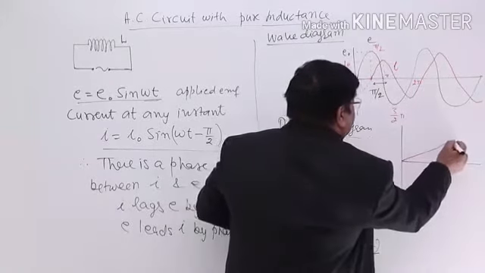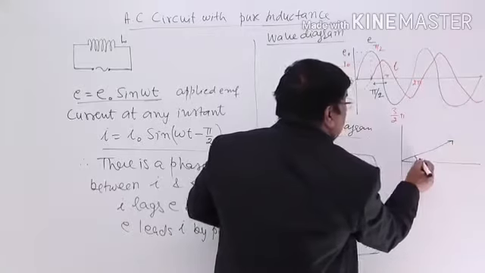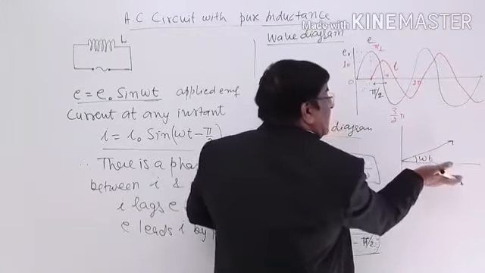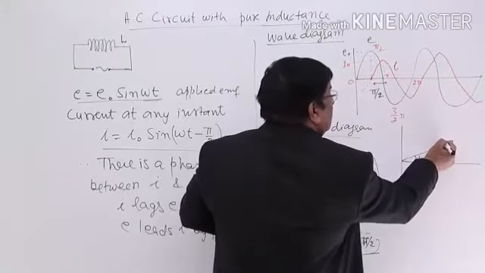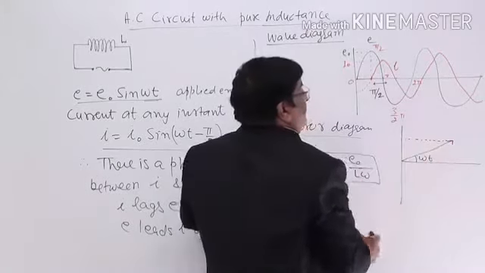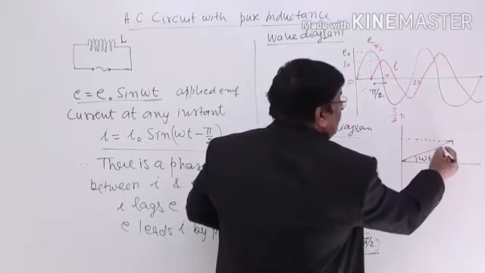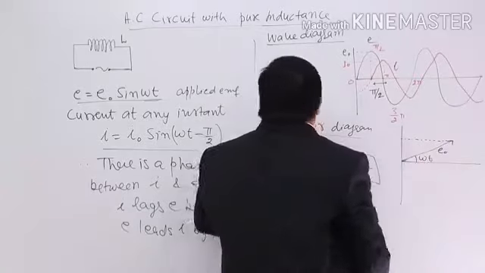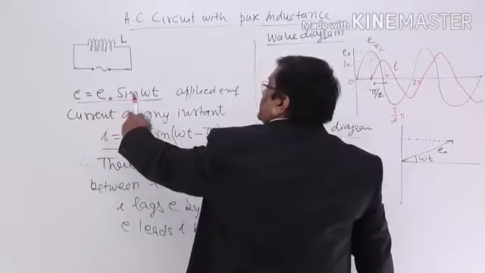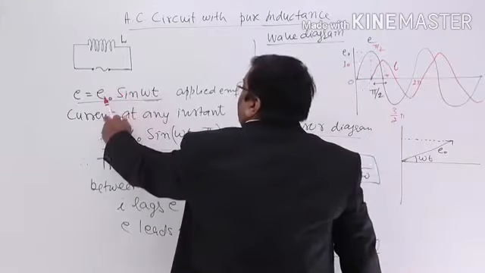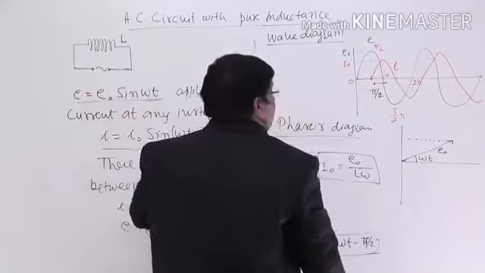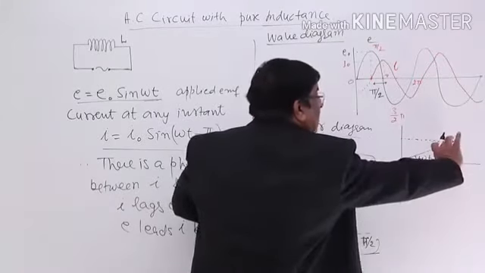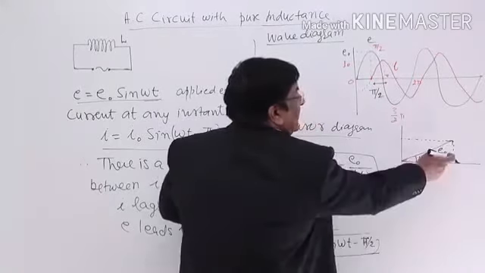Here is E, which has phase omega t. Phase is given by this angle of rotation of the peak EMF. This length represents E naught. When E naught is at a phase of omega t, E naught sine omega t is equal to E. Where is E naught sine omega t? This length is equal to E naught sine omega t.